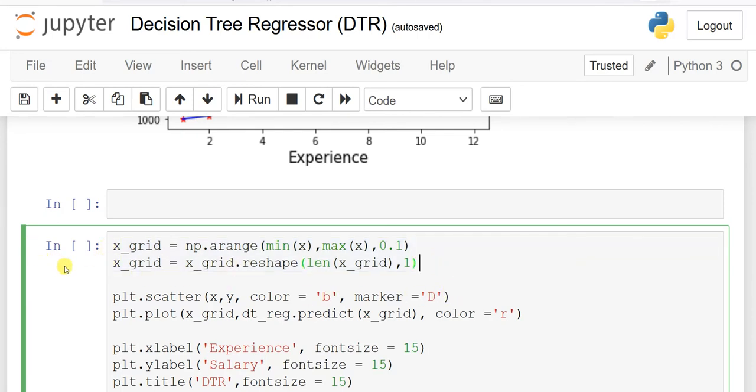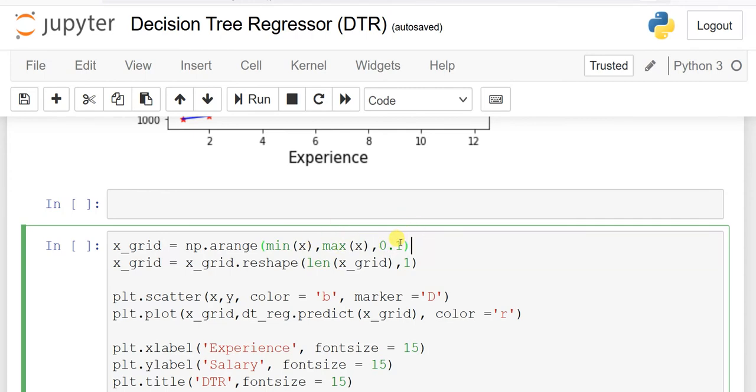We will make one variable x_grid, I said, np. This one is for the numpy function dot arange. Some students make a mistake here, they use arrange, ARR, so it's time consuming because they will get an error. So keep in mind, this is the range function with arange. Whatever minimum and maximum value we have on the x-axis, we have to consider. We are going to improve or enhance the resolution of our graph. So here is point 1,